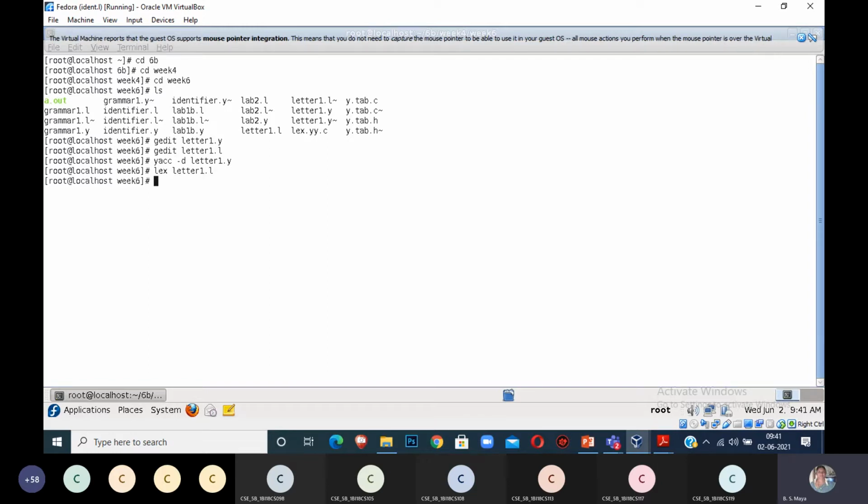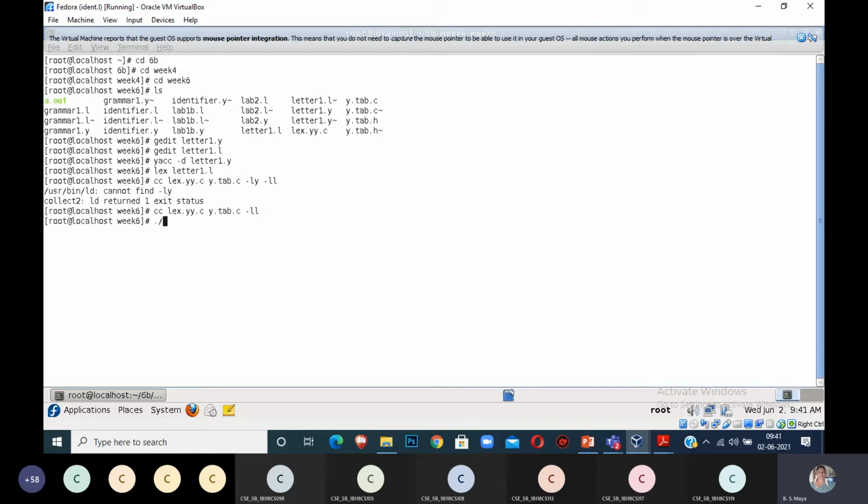Then for the C compiler, cc space, you can give any order, it will work: lex.yy.c space y.tab.c, or you can give y.tab.c first. There is no effect. Then -ly space -ll. I told you my system is not supporting -ly, so I will remove it and compile with -ll. It will work. Those whose systems support both can give the above command, otherwise give -ll. See, now there is no error.